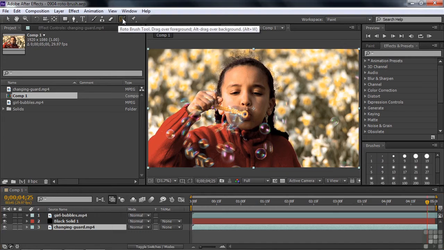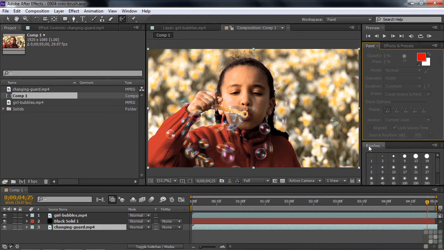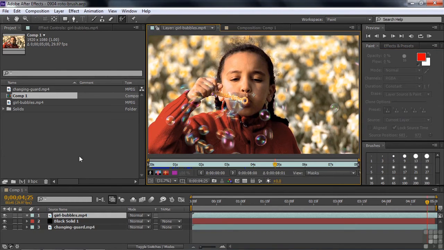So I click on that, and that opens up the brushes panel with brush sizes. It does not open up anything inside the paint panel. It's just the brushes here. And we're going to change the brush size using keyboard shortcuts anyways. So don't really need to work with this panel. So here we are inside the comp panel. We need to work in the layer panel. So to open up the layer panel, I just double click on her, and it opens up her in the layer panel. I've got the Roto Brush selected, and when I hover over her, I get this little bitty green